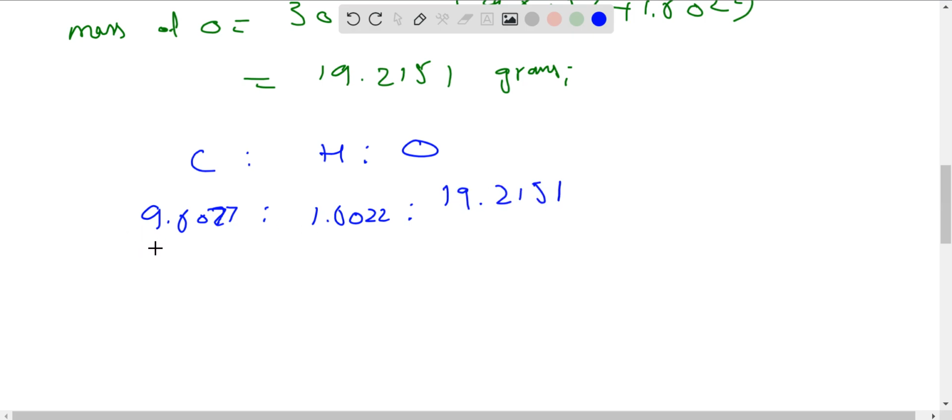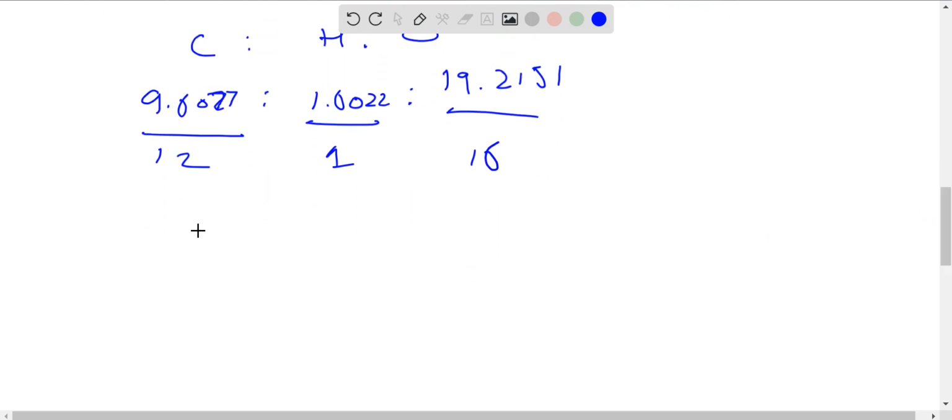Now we have to divide by their molar masses. So the molar mass of carbon is 12, the molar mass of H is 1, and the molar mass of oxygen is 16. So the answer we get is that moles of carbon are 0.8002, moles of hydrogen are 1.6022, moles of oxygen are